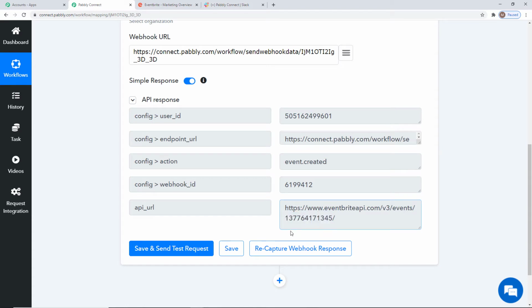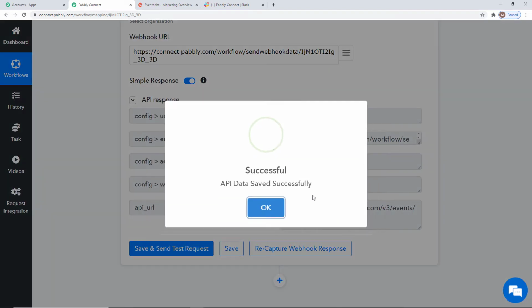So this ID of the event is going to help us to gather the other details of this event. You can see we don't have the title or the description or the time and date of the event. So in order to get that information, we need this ID. And you can see the ID is mixed with this URL. It is attached with it. So in order to split this URL from this ID, we have to split this text. First, I'll just save this.